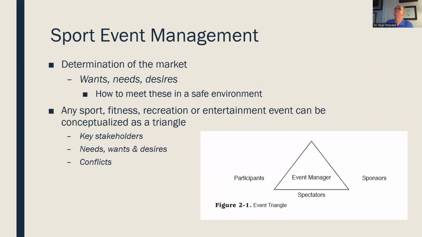But we all have our own specialties, and each one of us has to work out details between them all the time. Okay? So if you look at the diagram, basically you as the event manager are the go-between. You've got spectators on one side, participants on the other, and sponsors on the other side. And I even challenge that you've probably got employees on one side of that as well. Participants obviously are teams that are involved in the event or the concert. Spectators are all your fans that come in, and your sponsors are the people who have the big dollars. They're the big dogs up in the suites. And you've got to make sure that you're taking care of their needs, wants, and desires, all of them.